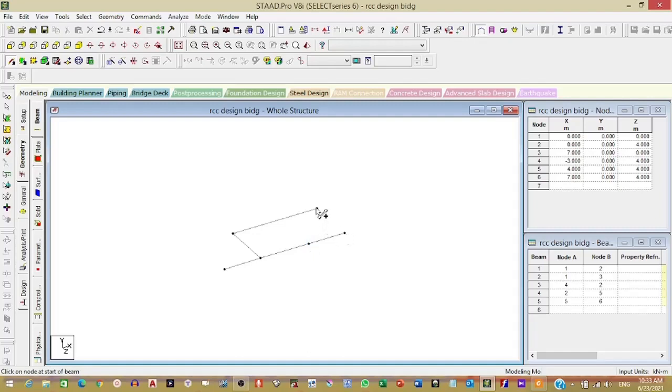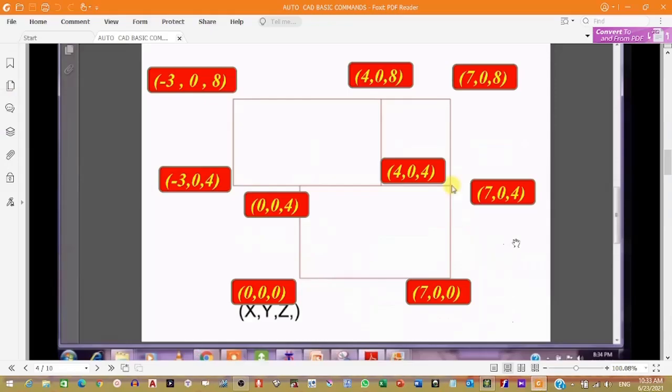This is a very basic method for allotting the coordinates of nodes. There are very easy methods when we learn the advanced sessions, then we'll go for the advanced methods. At that time, within a minute or two, you will get the frame for two floor, 3 floor, 4 floor, any floor frame.